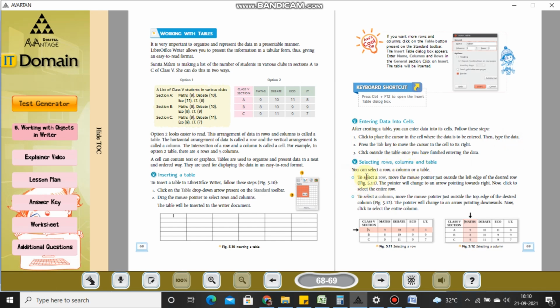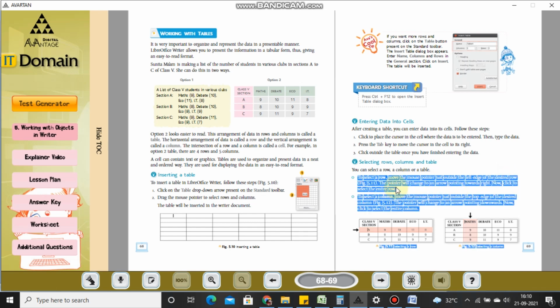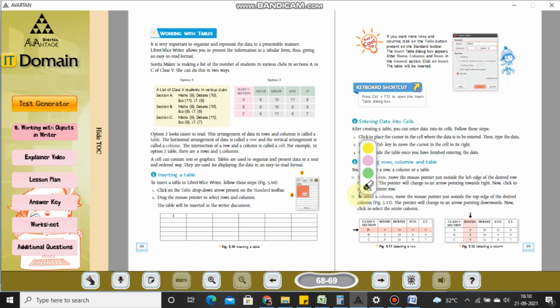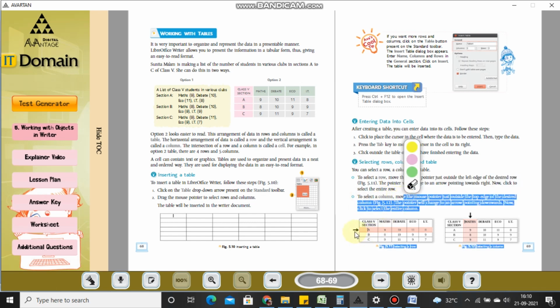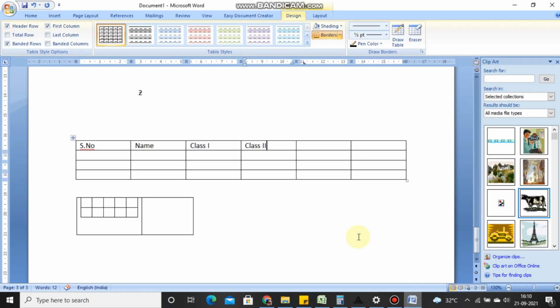Selecting the column, you can select the row. You can move the pointer just outside the left edge of the desired row. You can completely select the complete row or the entire row. Similarly, you can select the entire column just by clicking on these 2 arrows, which will appear in front of you like this. As you can see,